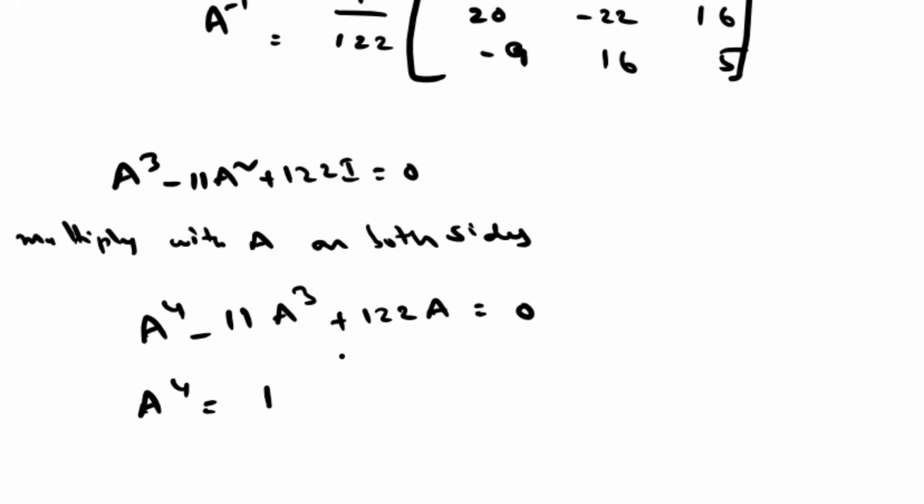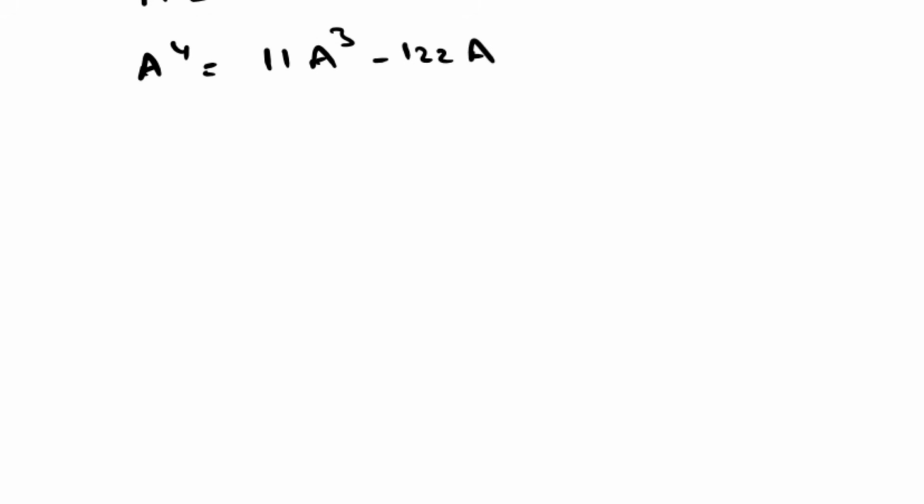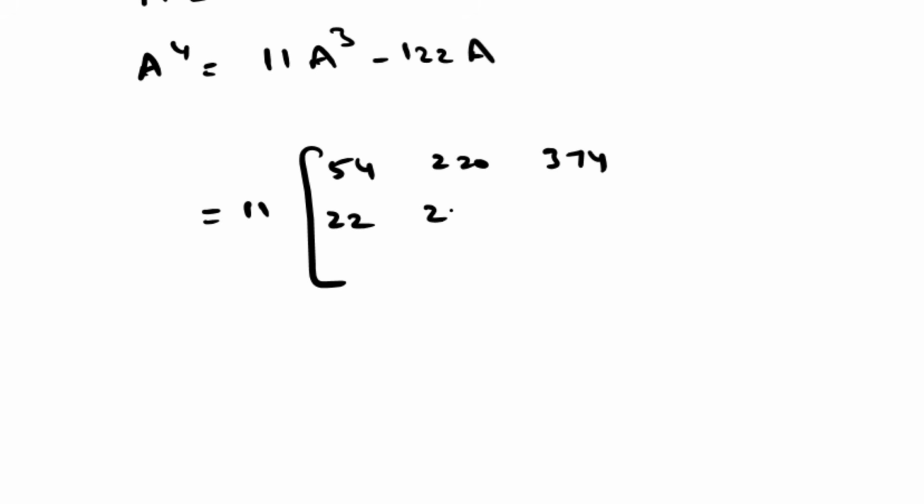A power 4 equals to 11A cube minus 122A. We know the values of A cube and A. Now substituting 11 into A cube value 54, 220, 374, 22, 241, 550, minus 22, 308, 670,